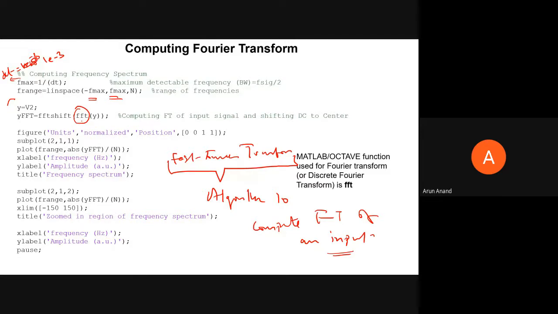But the only thing is that when you compute a Fourier transform, I told you your Fourier transform is circularly symmetric. So for example, you have a sinusoidal signal of 100 hertz, and your sampling frequency is, let's say, 200 hertz. What you get in the output is one thing. So this is your frequency, and your zero frequency is here, and this will be bandwidth by 2. Usually it is plotted in MATLAB like this.